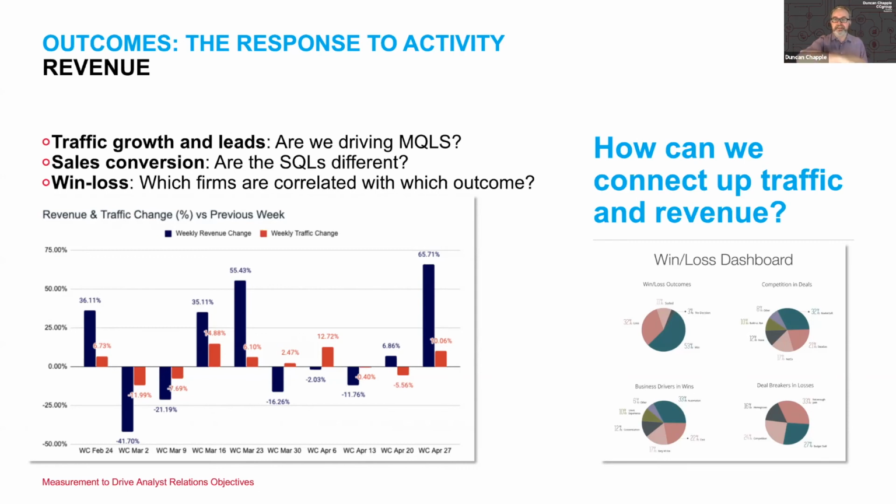So as you say, it can be very hard to get mechanical correlations, but you can see patterns flowing through the data. Do you see clients that are in stronger or weaker positions when it comes to trying to connect up traffic to revenue? It's quite difficult, especially in a B2B landscape, when you talk about generating revenue directly from a program. When you've got the case of